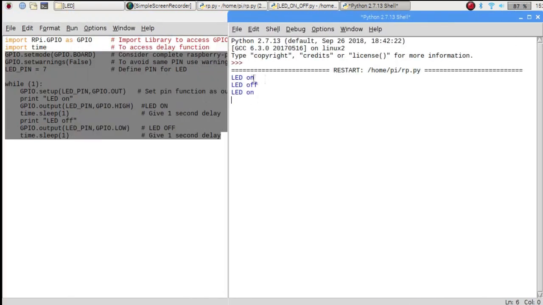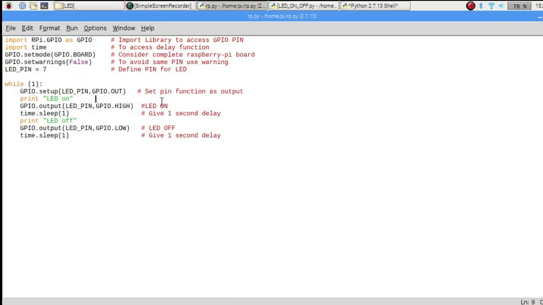So like this, LED on, LED off, it is an infinite loop and it is showing there is no error inside your program. So for this GPIO.setwarnings, let's say I will comment this line. If you want to give a comment in Python, you have to use a hash before that line. So go to Run again and Run Module.